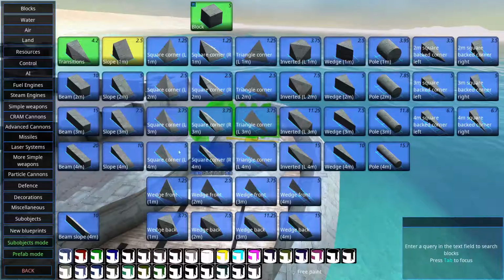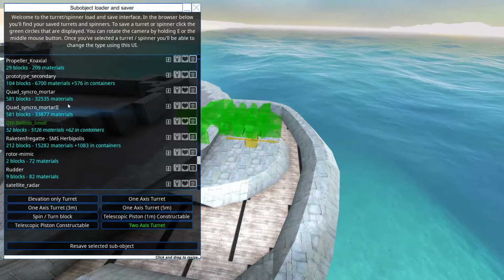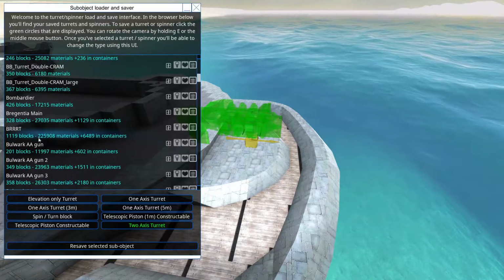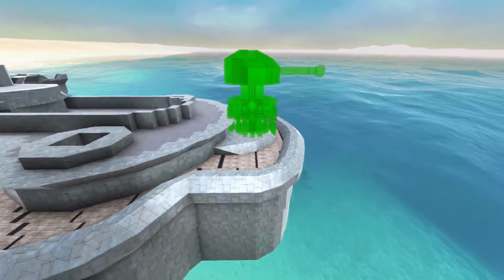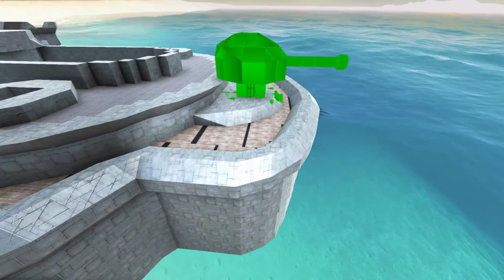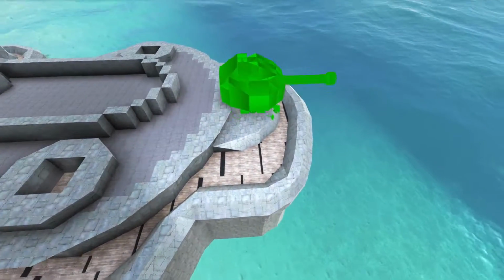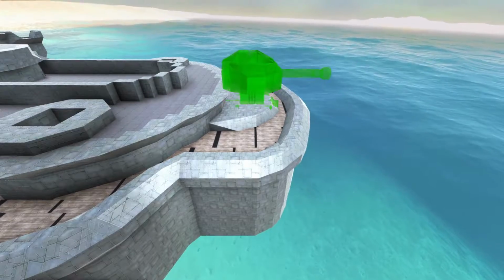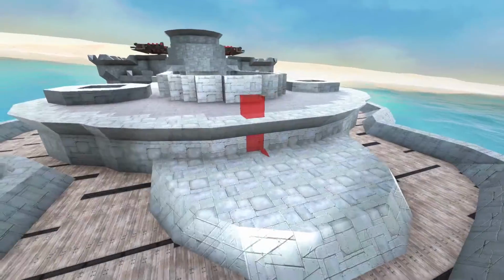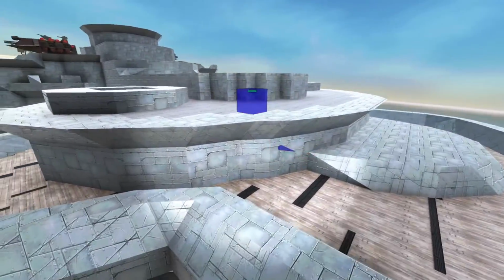This is going to be problematic because there isn't a lot of space left. Let me just get a sub-object. I need... what do I call this? The Bulwark AA gun number 2. Yeah, as you can see, the space is just not sufficient here. Maybe I just have to shorten this end a little bit and